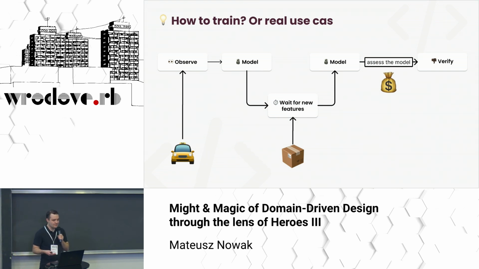The basic feature of the app is that you can order a ride for yourself. And the first step of the exercise is to model the domain. And in the second step, you need to wait for a new feature in your favorite app. And what could it be? Recently, while shopping online, I noticed that I could also choose Uber for shipping the product. And they also advertise it: it will reach me in 90 minutes. So, a super new feature, that's it.